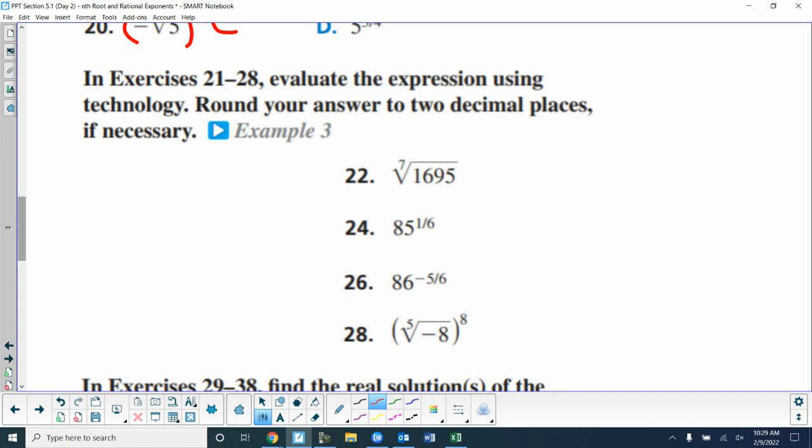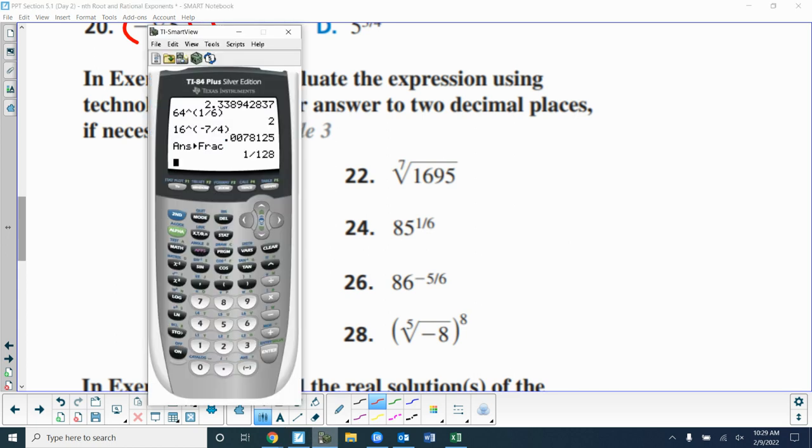All right. So for 26, I would just put it as, let's clear all that out, 86 caret negative